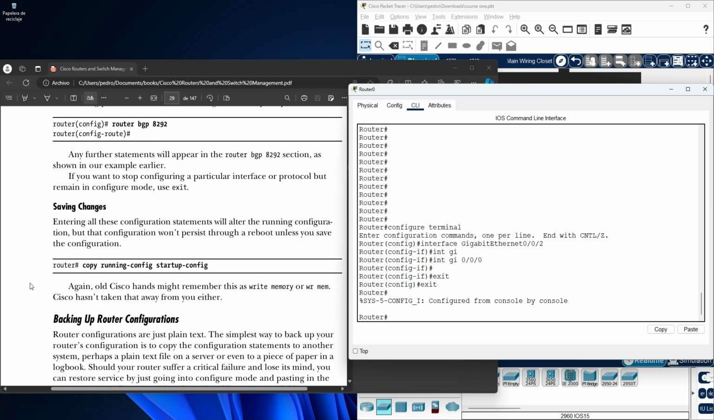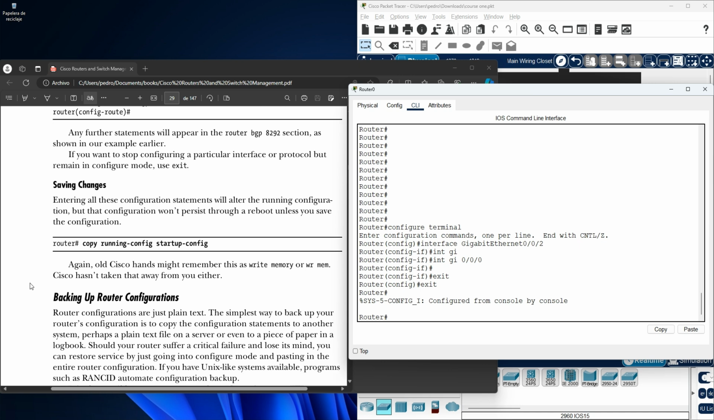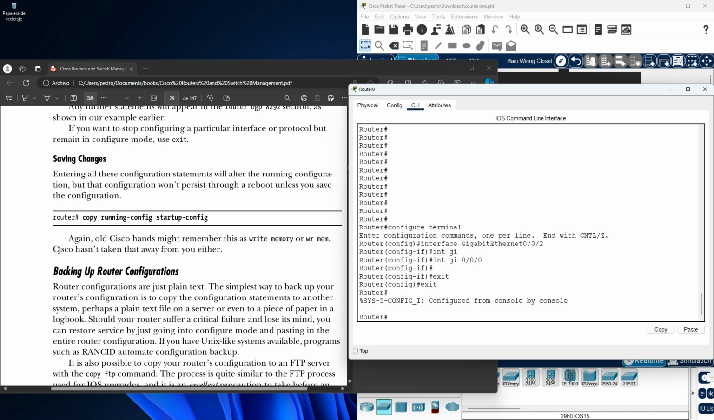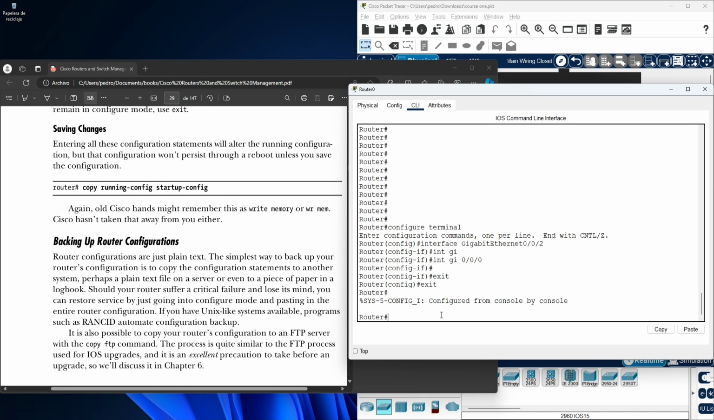Saving changes. Entering this configuration statement will alter the running configuration, but that configuration won't persist through a reboot unless you save the configuration. For example, copy running-config startup-config. Again, all Cisco hands might remember this as write memory or wr mem. Cisco hasn't taken that away from you either. Okay, to copy the configuration of running to a startup,